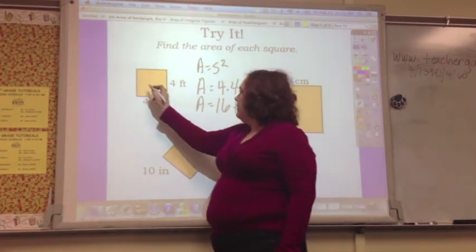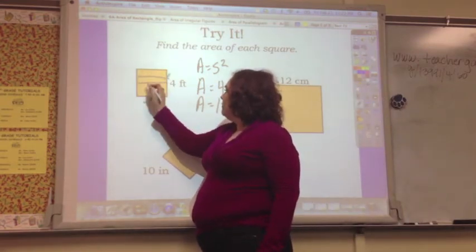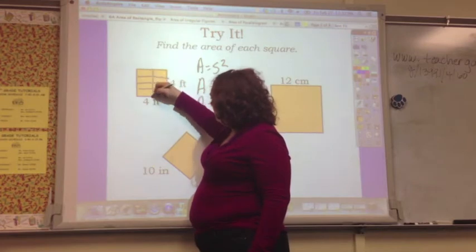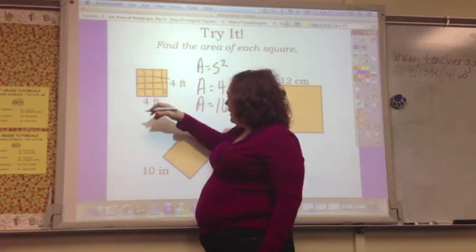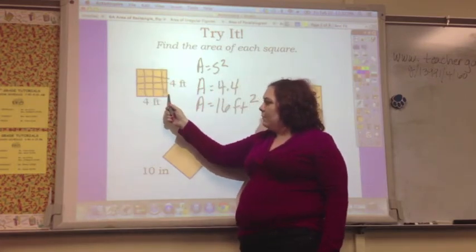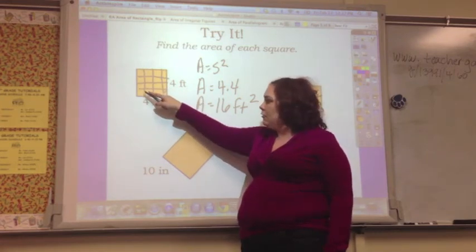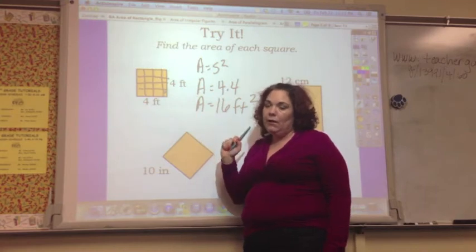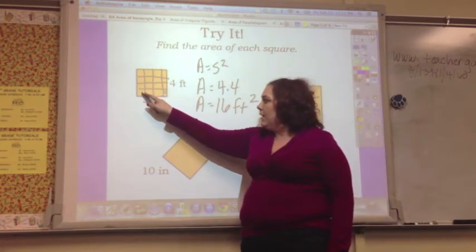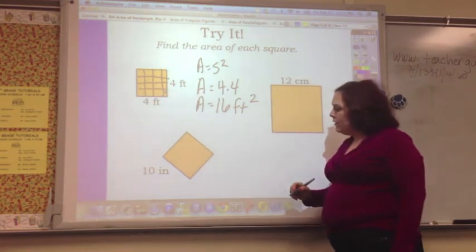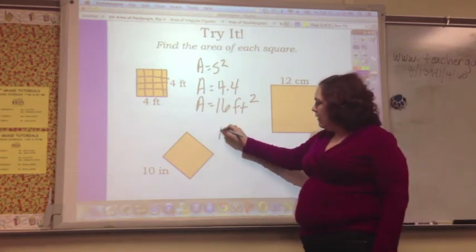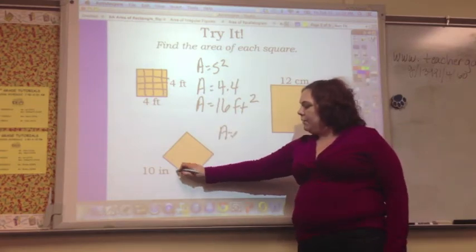And if you had this divided, and say each one of those is a foot represented by 4, you get 16. And sure enough, there's 16 if you add them up, and it's feet squared. So square feet. So this one, area, now they've only given you one side, but you know this is a